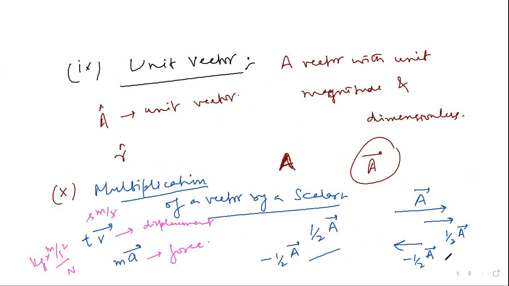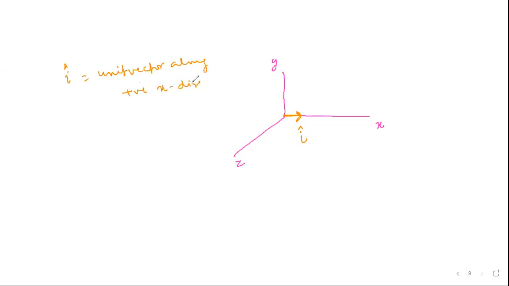Now, one more thing I will tell you. We know now unit vector has a spatial notation. We know a space, let this be the x direction, this y is three-dimensional, and this is z. Now we have reserved three symbols for three spatial unit vectors. One is i cap. i cap is a symbol for the unit vector along positive x direction, right? Then there is another symbol,